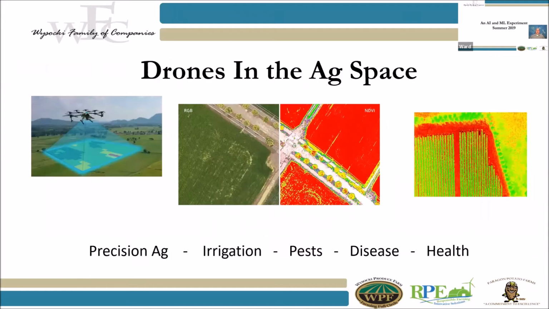But I didn't come to talk about that. I came to talk about agriculture. One of the big things that we all see, and we see them flying around, and half of the people out there own drones now. In the ag space, there's all kinds of drones. I call your attention to the center one where, on the left, we have the RGB portion of it. On the right, we have the NDVI portion, which is almost the same exact picture right next to one another. But one of them is an infrared picture. One of them is a picture you can see with your eye.